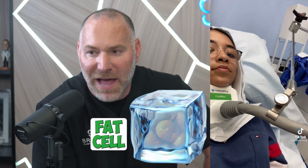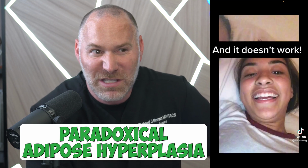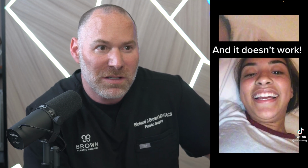She must be getting cool sculpting. All right, so she's getting cryolipolysis or cool sculpting, which freezes the fat cells and you then reabsorb them and urinate them off. Cool sculpting is not for weight loss. It's for trouble areas in some people. You can actually get the opposite effect called paradoxical adipose hyperplasia that had to be liposuctioned down,